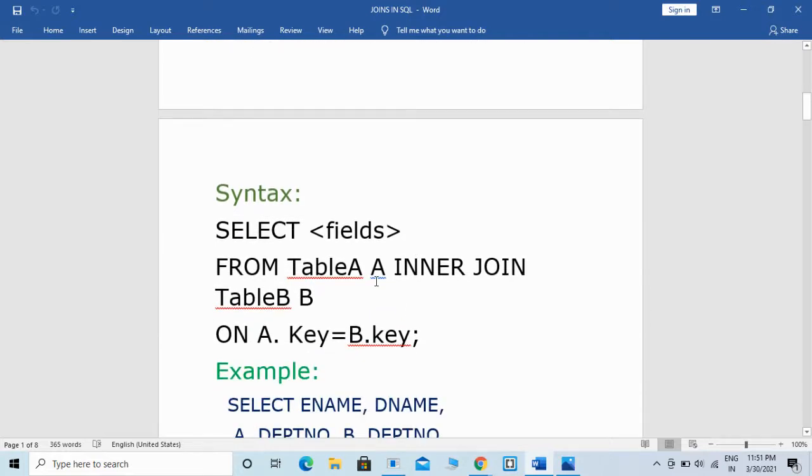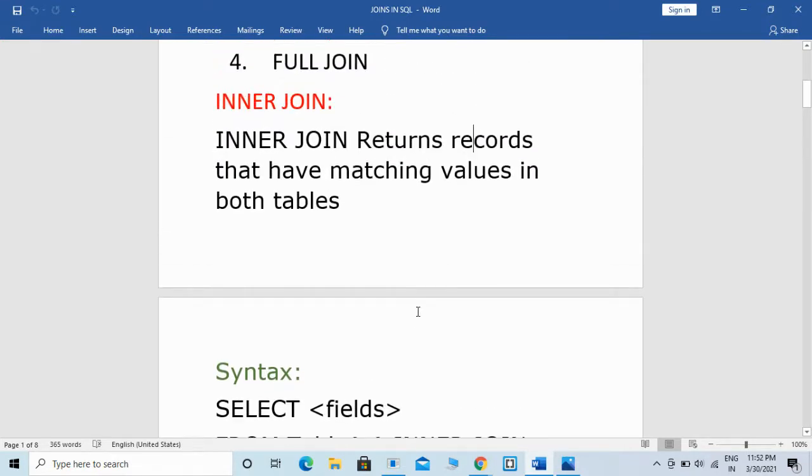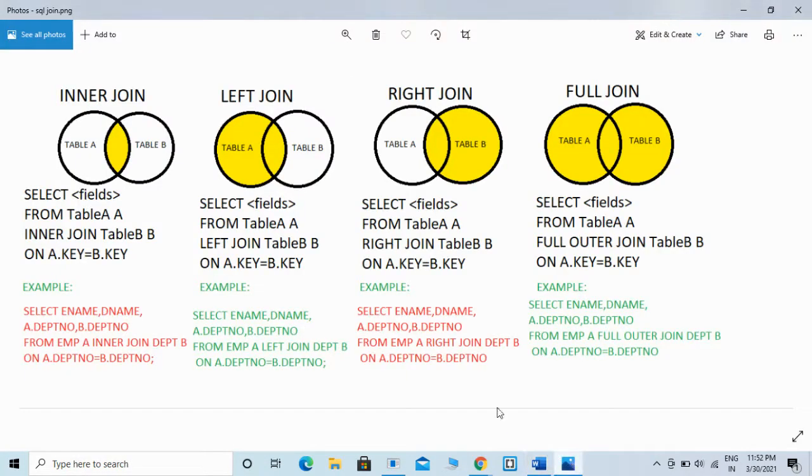Here is the syntax of inner join. Select fields from table A inner join table B on A.key equal to B.key. Here the key is the common column name between both the tables. For better understanding of inner join, we are moving to a picture showing inner join.